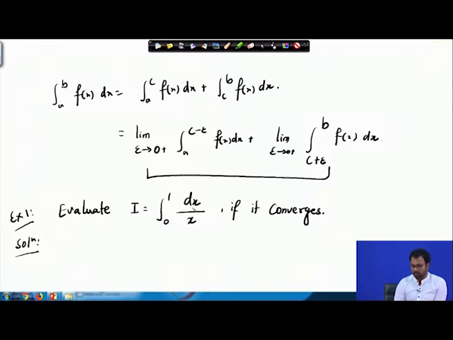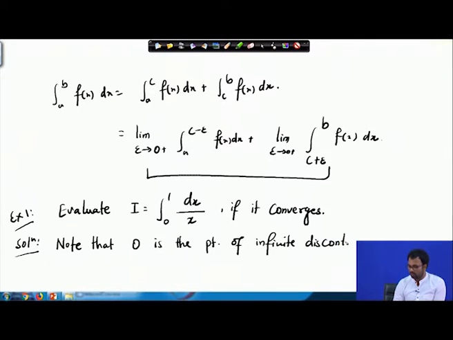So, here we can see that 0 is the point of infinite discontinuity. Note that 0 is the only point of infinite discontinuity, and so I can write my I